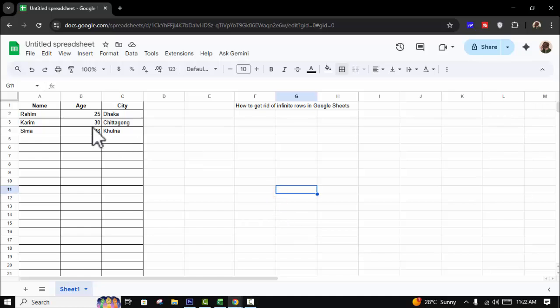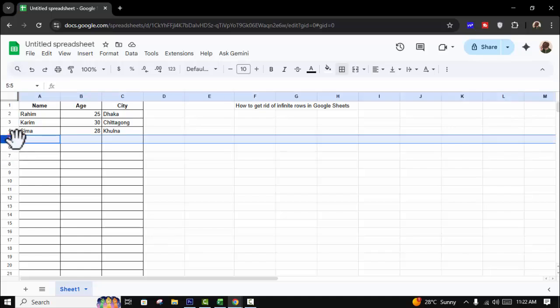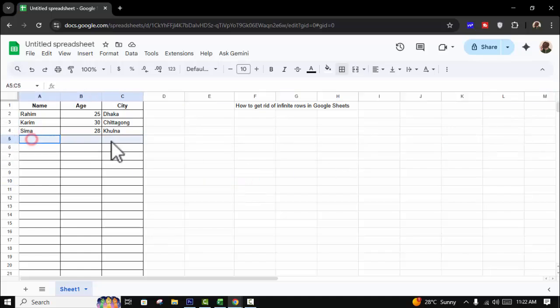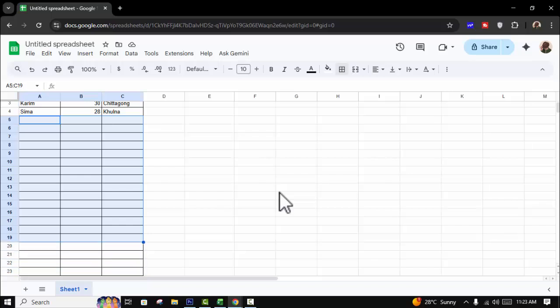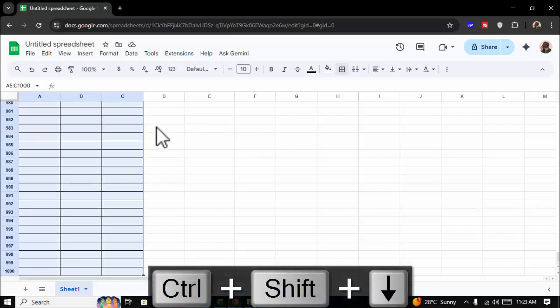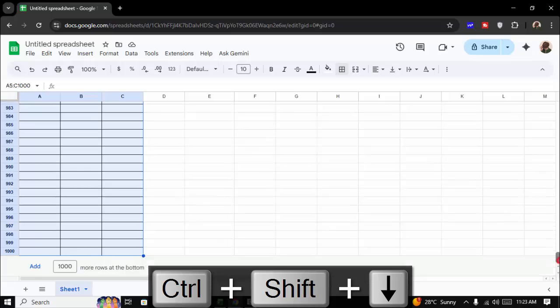Let's begin. See this example: select five full rows or selected rows, then hold Shift and the down arrow key to select multiple. Another way: again select, hold Control, Shift and the down arrow key, press, then select the last